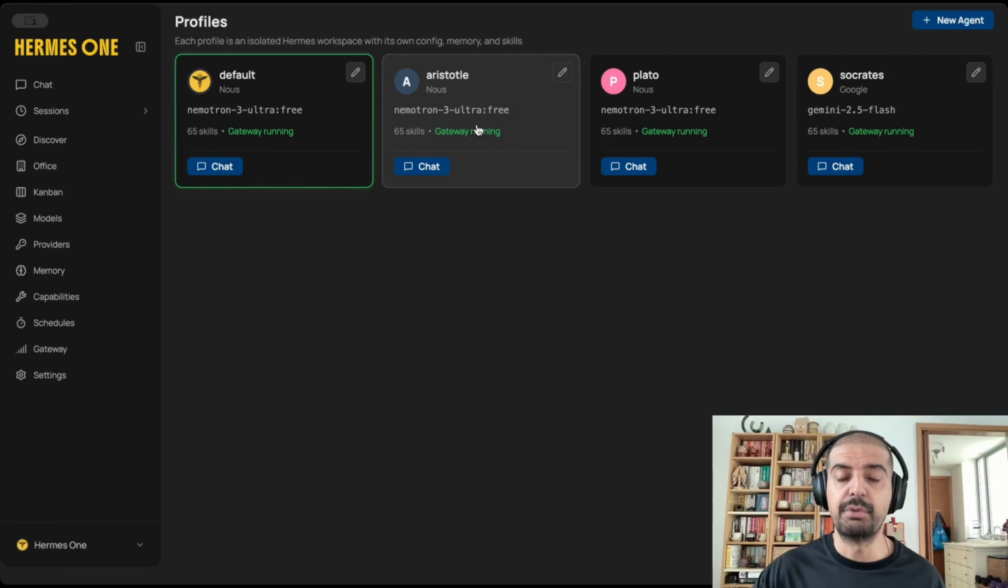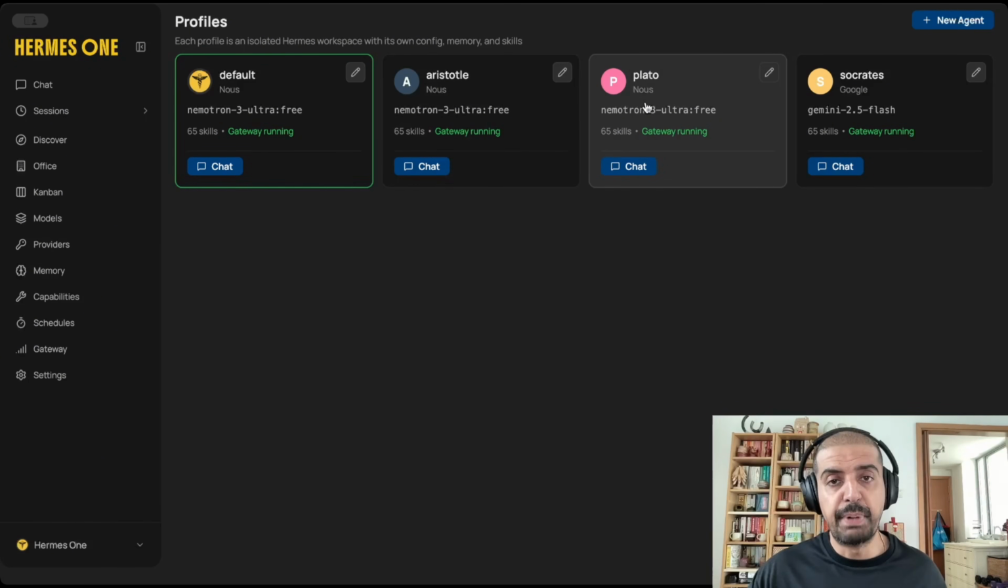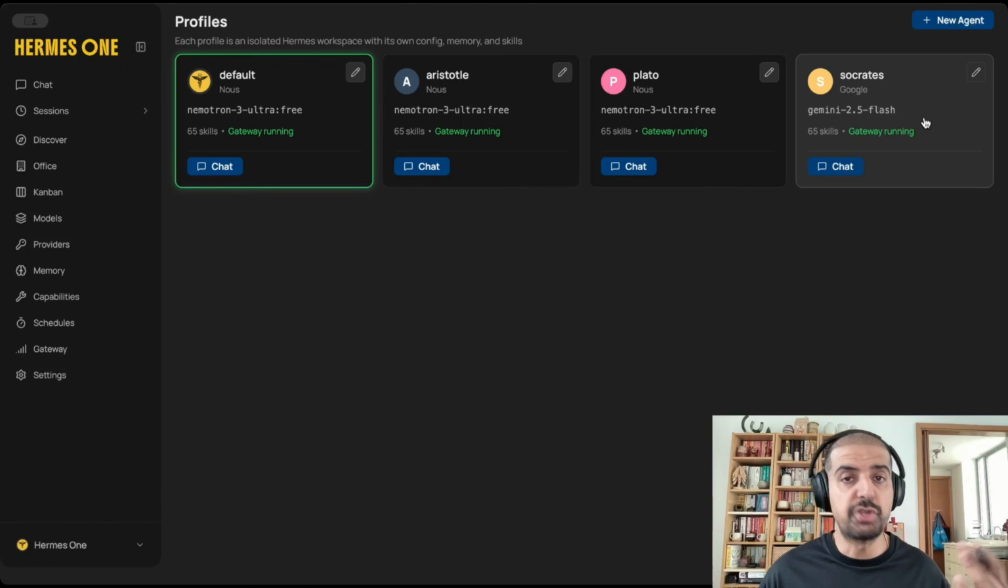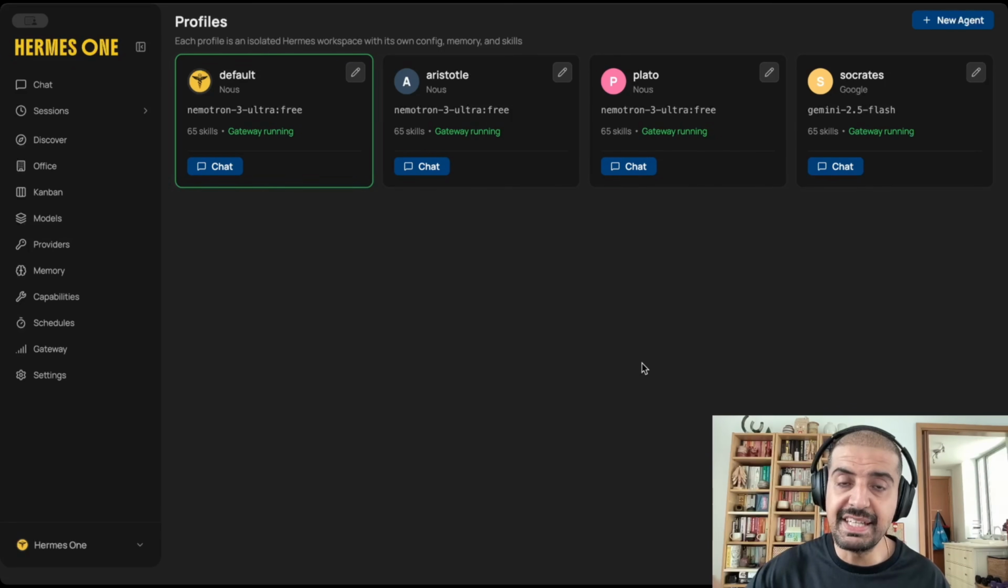So for example, if Aristotle was just a research agent, I'd give him a very basic language model. Maybe something like Gemini 2.0 Flash. It doesn't need to be heavy duty, it's just research. If Plato was a coding agent, I'd give it access to something like Codex or Claude Code. And if Socrates was a project manager, somebody that just basically triages the entire agent swarm, then maybe Nemotron 3 Ultra is enough. So once you have these set up, you're going to head over to models,